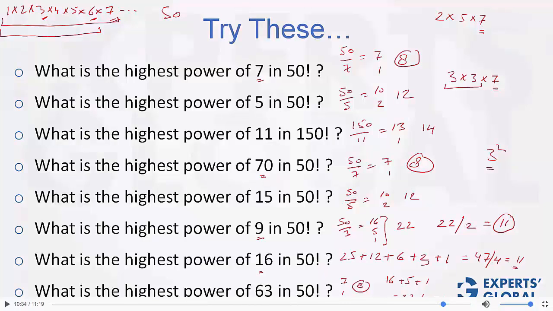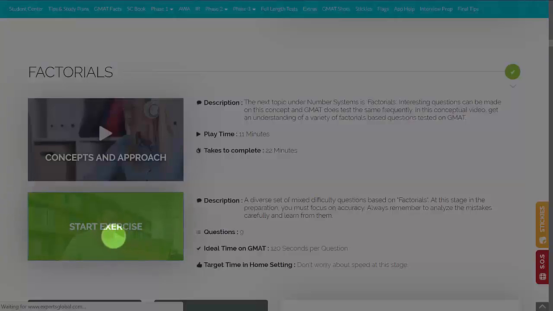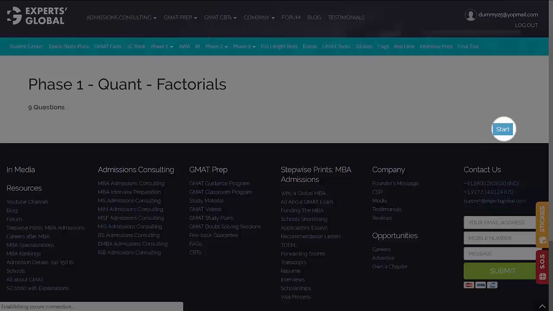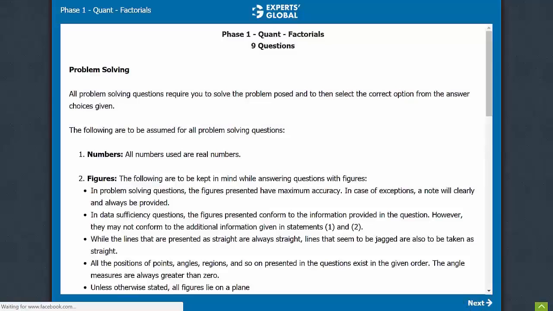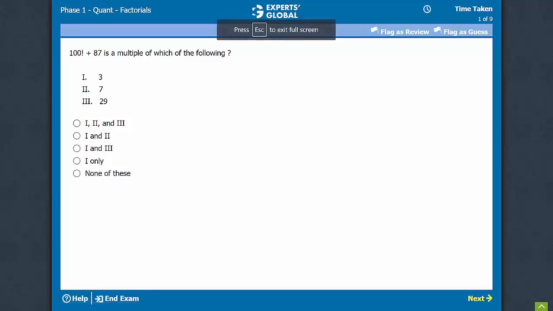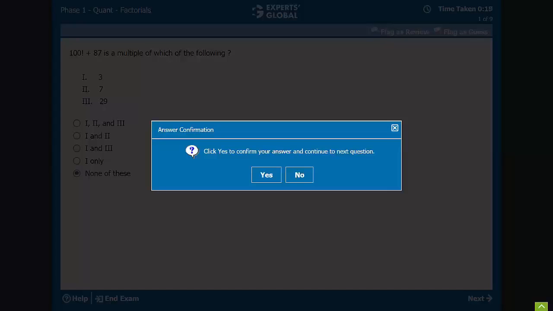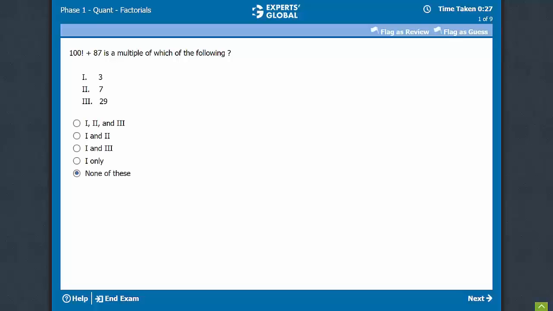Once you are done watching, come back and take an exercise based on their respective concept. We have worked hard on ensuring that you work on a truly GMAT-like interface. Everything here is how it is on the real GMAT. You will be practicing more than 4,000 questions through your preparation, and you will completely pally with this platform through the course of your preparation.